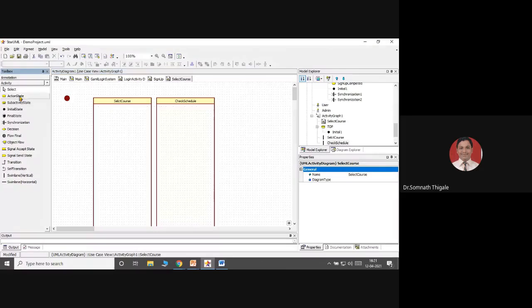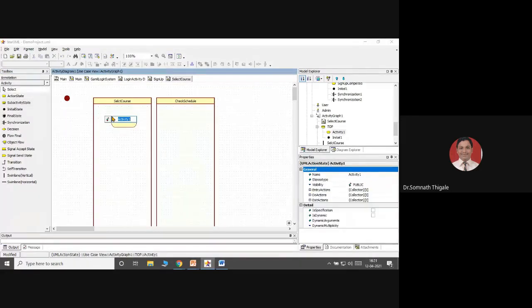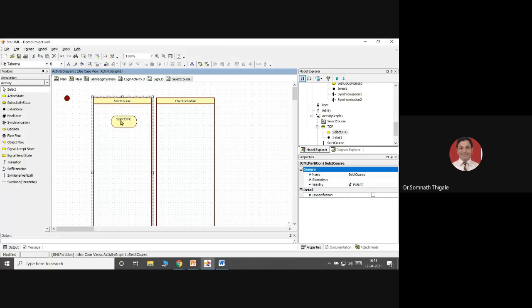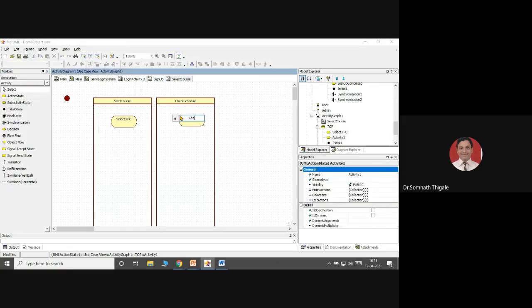See here, action state, select primary course. Whatever subject I am selecting, at the same time I need to select the schedule also. Check schedule.